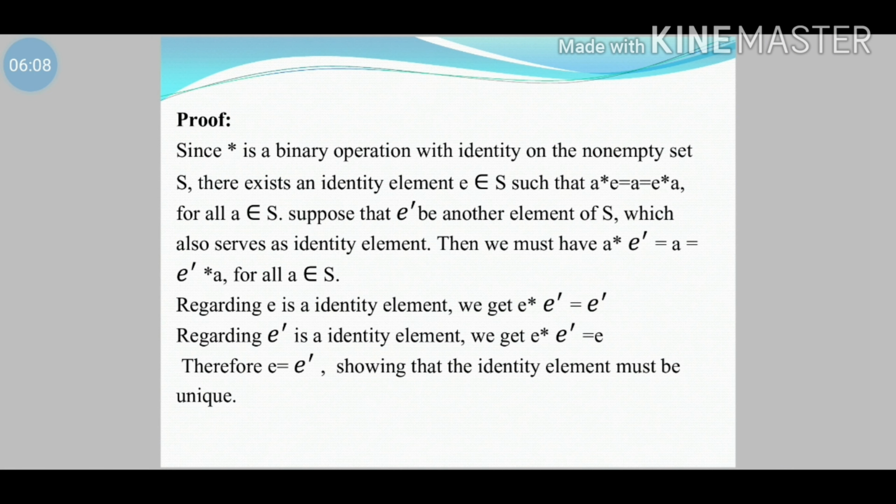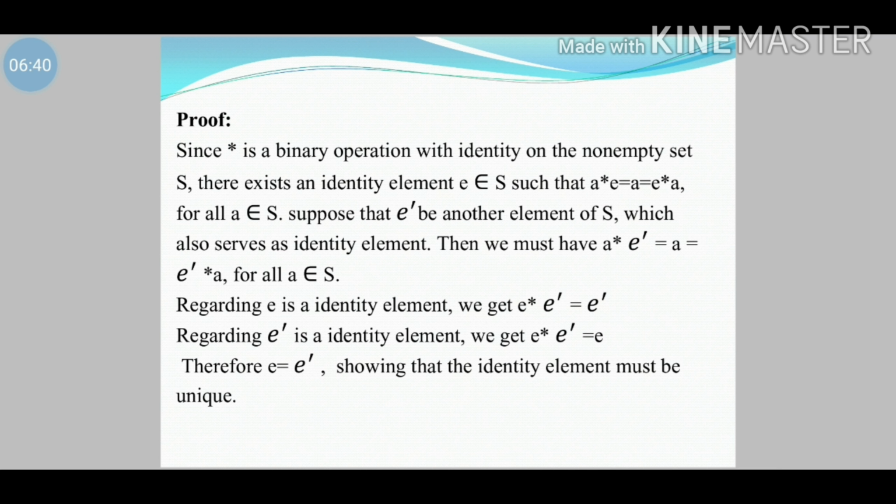That is possible: assume that there exists more than one identity element and reach a contradiction. So the proof is like this. Since star is a binary operation with identity on the non-empty set S, there exists an identity element E belonging to S such that A star E is equal to A is equal to E star A for all A